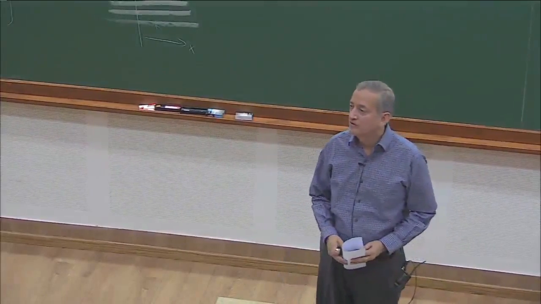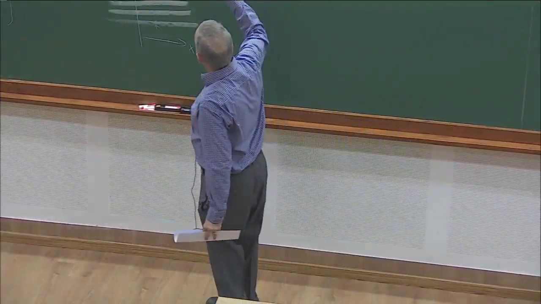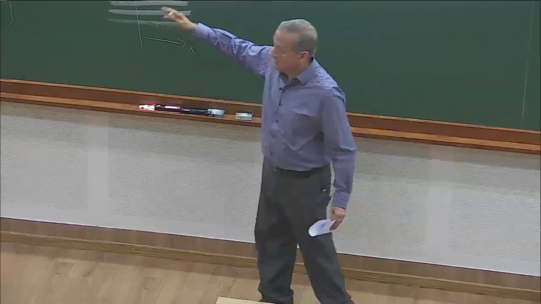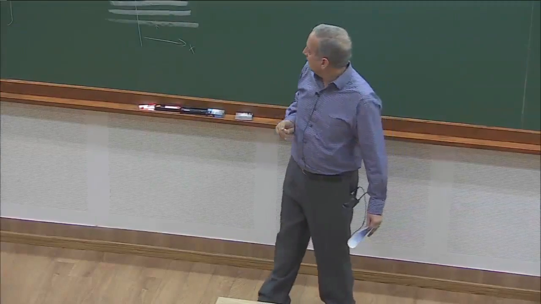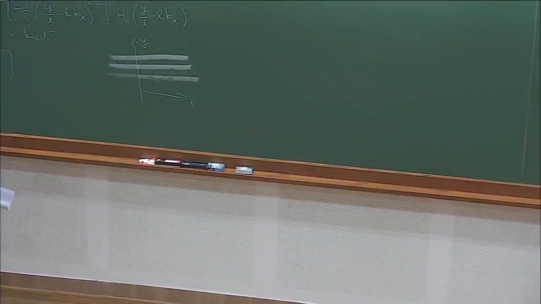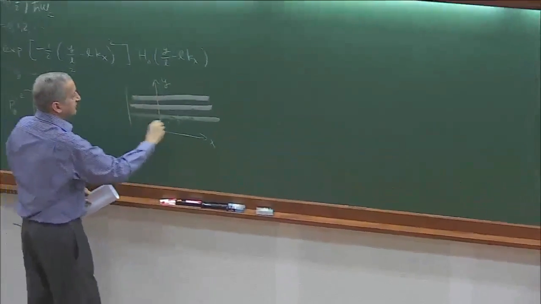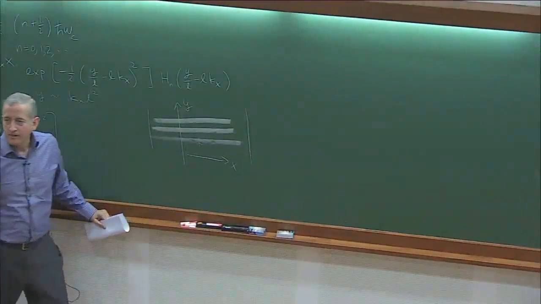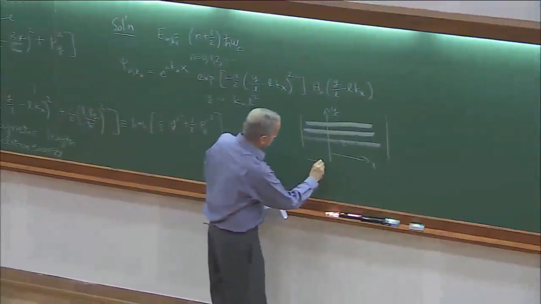Number of kx values. Good. So we have to ask how many different kx values are allowed within a given lambda level. The simplest way to do that problem is to assume periodic boundary conditions. So if I say my sample goes from here to here, and I assume periodic boundary conditions, so let's say this length is L